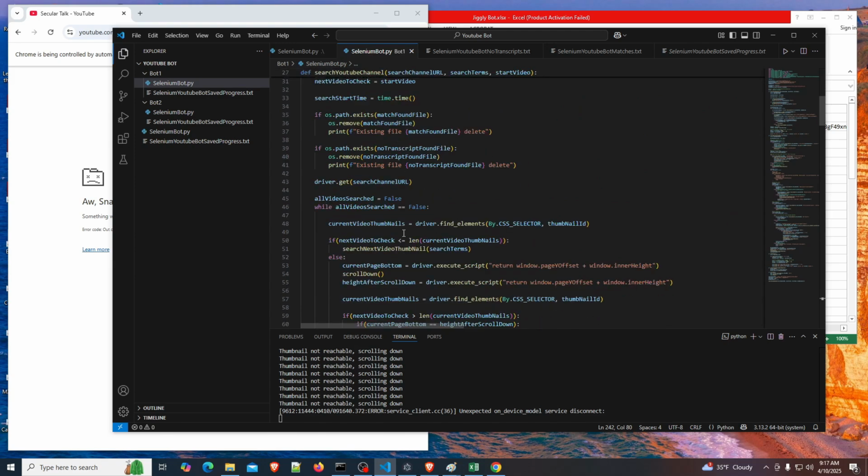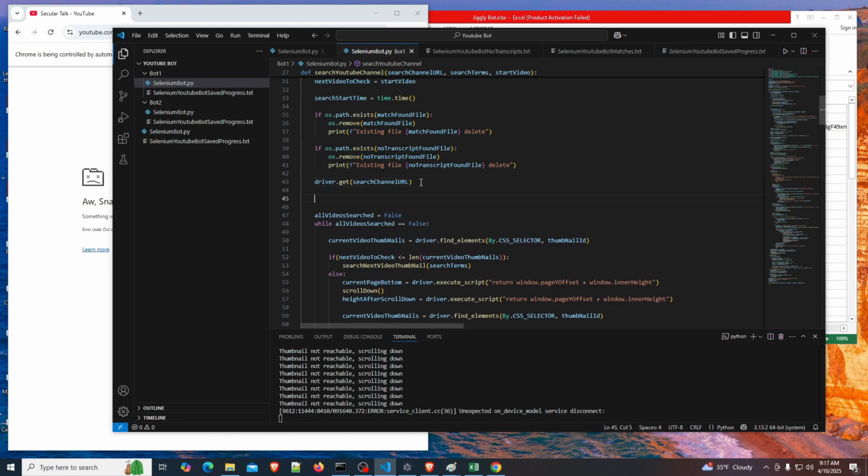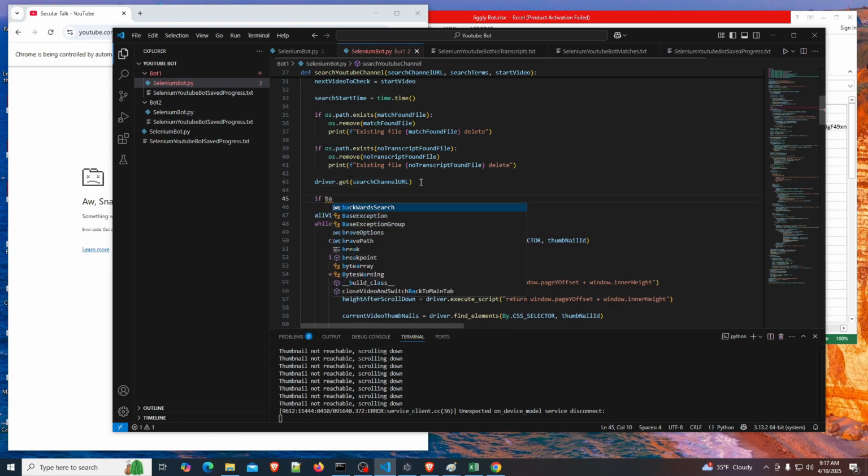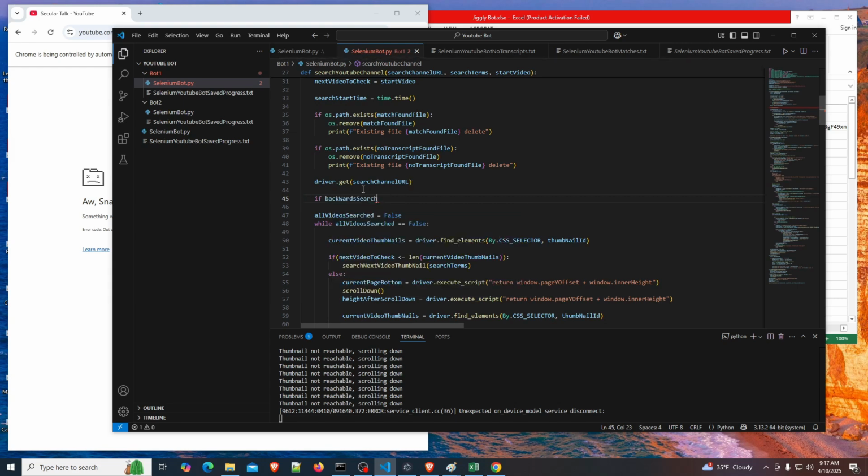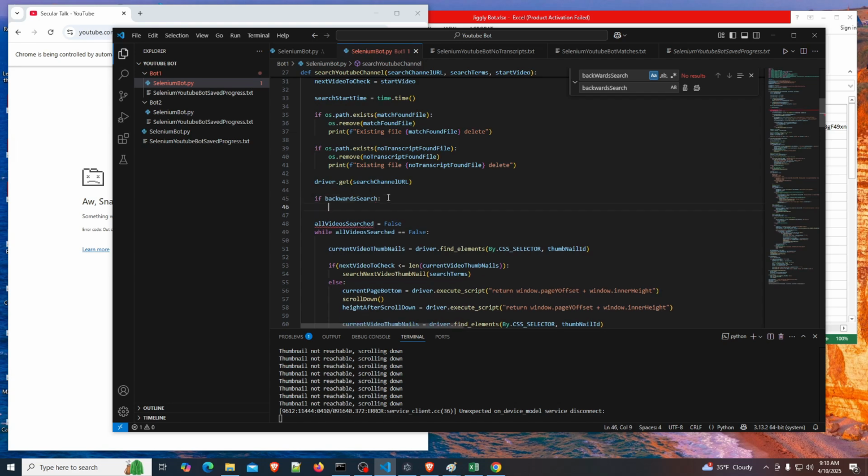So we come here when we open everything over here. Search. This is when we open it, and then we need to decide if we want to do a backward search or not. Then we would just say if backward search, and then we will do